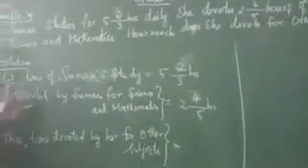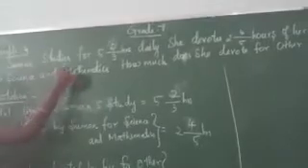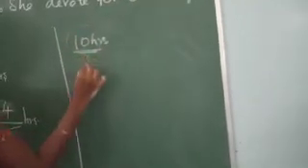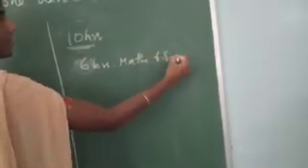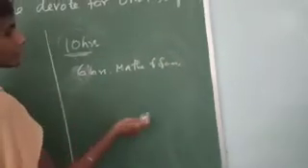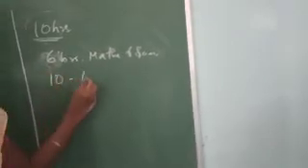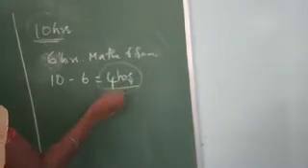So this is a simple concept. Suppose you consider an example. Suman is studying for 10 hours daily. Out of 10 hours, 6 hours he is spending for maths and science. Then how many hours will he spend for other subjects? How will you find? You simply subtract 6 from 10, you will get 4. So 4 hours she is spending for studying the other subjects.